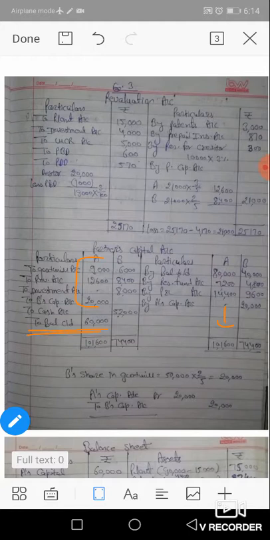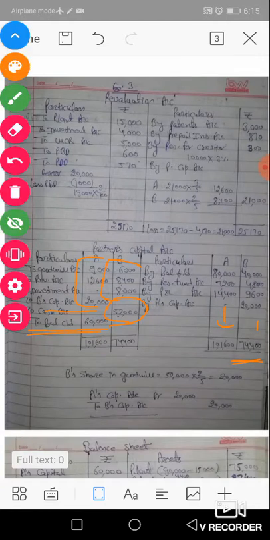As per the given information, B was paid in full. Okay, B's balance is paid off in full. So the total of B's credit side is 74,400 and the total of B's debit side is 8,000 plus 8,000 plus 6,400, so 22,400. Okay, 74,400 minus 22,400, balance is 52,000. 52,000 paid to him in cash. To cash means the amount is fully paid to B.